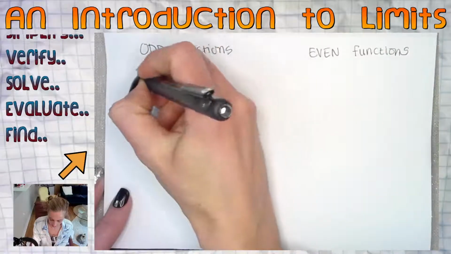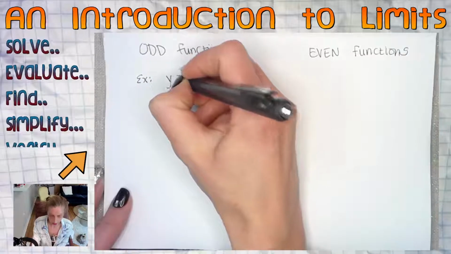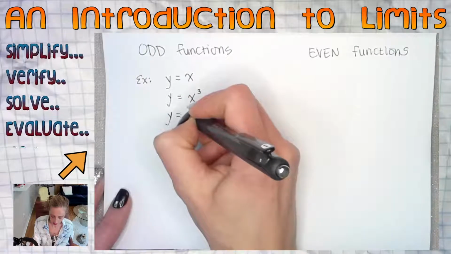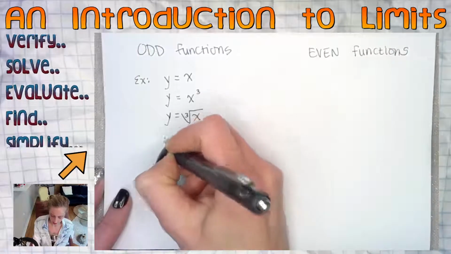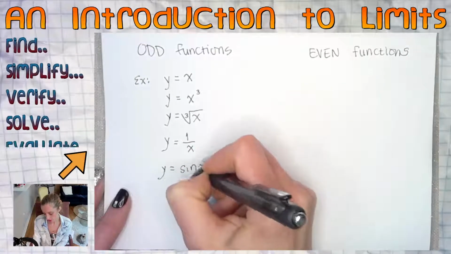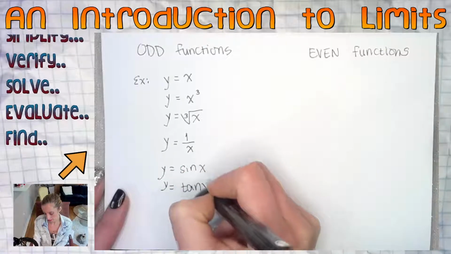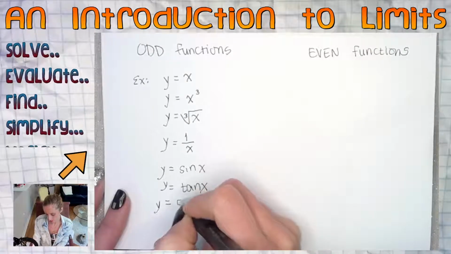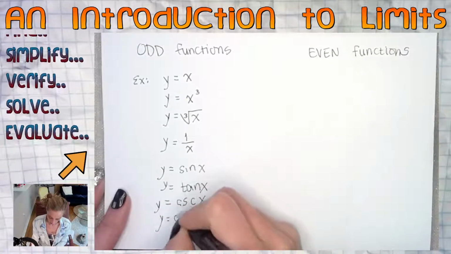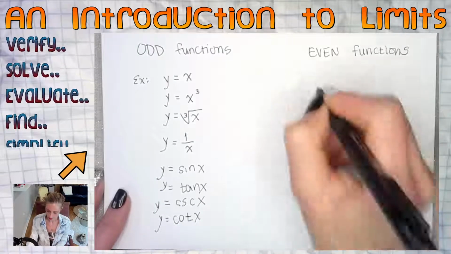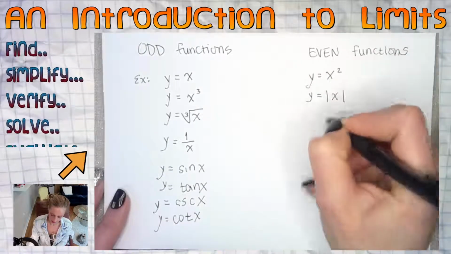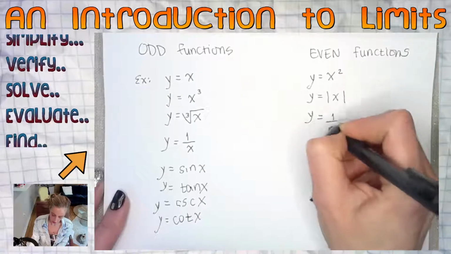So first case, examples. I just rattled some off. Y equals x. Y equals x to the third. Y equals the cube root of x. Y equals, well, I'm going to give it away, 1 over x. And y equals, let's throw in the trig ones, sine x, tan x, cosecant x, and cotangent x. Even examples, y equals x squared, y equals the absolute value of x, y equals 1 over x squared,